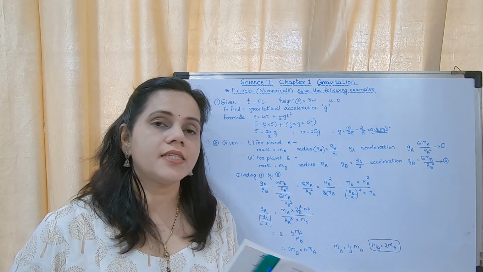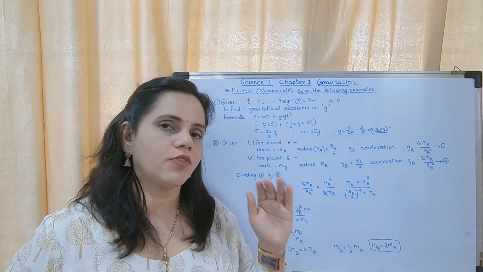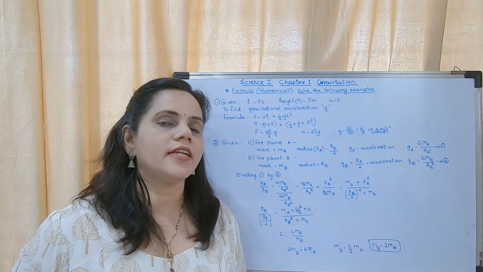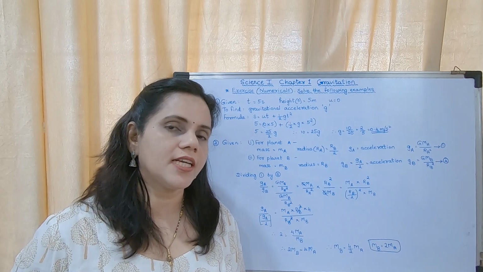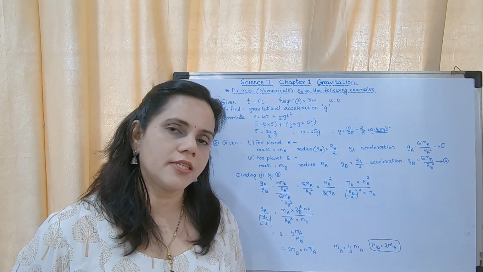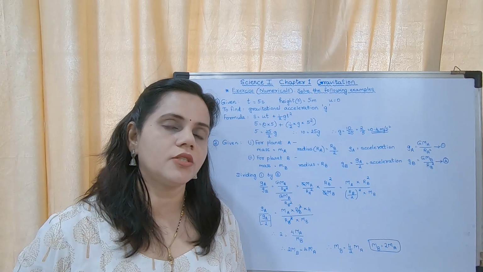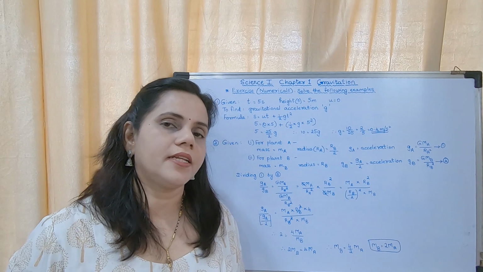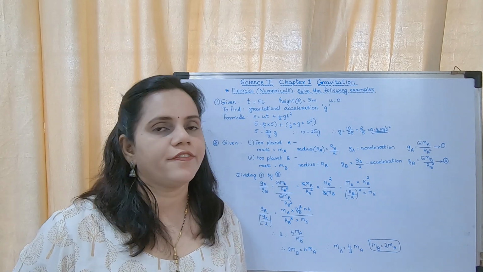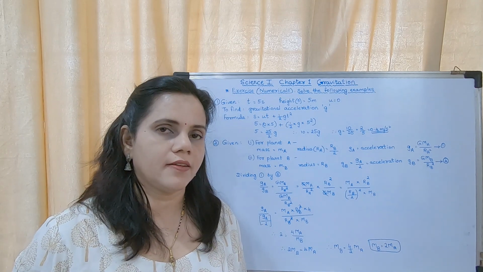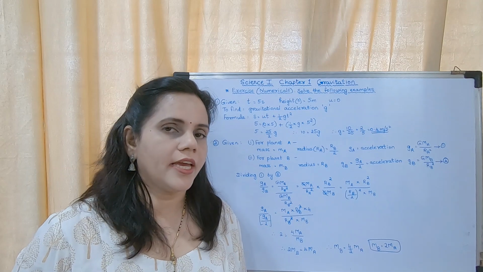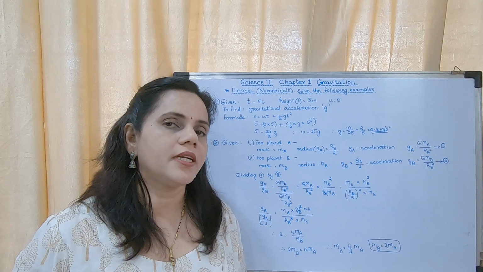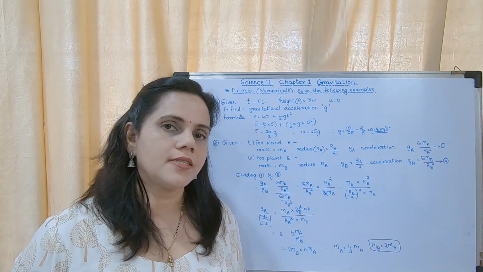Okay, now it is reaching the ground. That means it is falling downwards. It is falling downwards means the initial velocity is 0. From the question itself, you should understand whether the object is falling or going up. If the object is going up, then the final velocity is 0. If the object is coming down, then the initial velocity is 0. So here the object is coming down, so initial velocity is 0.